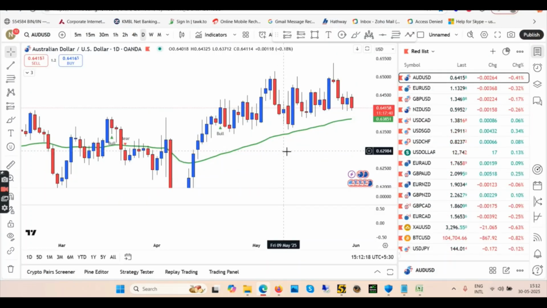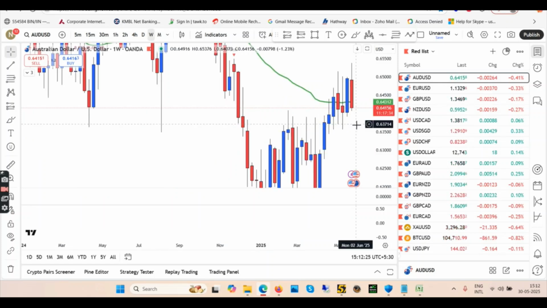Coming back to the chart, starting with the top-down approach with the weekly time frame. This week we are going down. Last week we were going up. This week is almost done, today is the last day of the week, and the candle is all red. So there is no point taking a long. When weekly is down, align yourself with the weekly pattern. So in weekly we are going down, which means we should look for shorts only in AUDUSD.